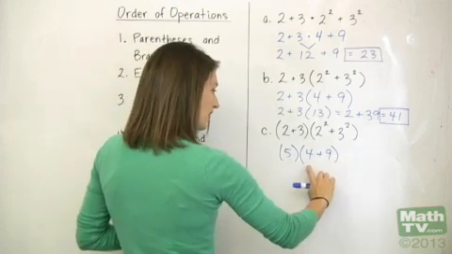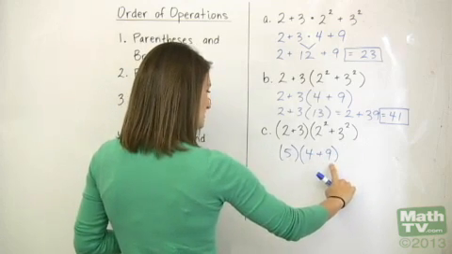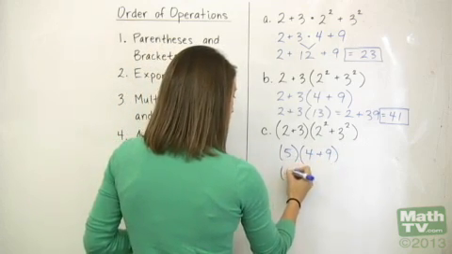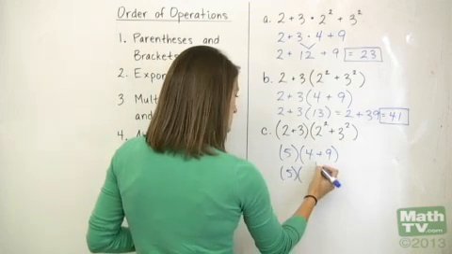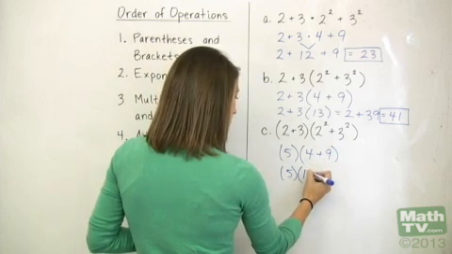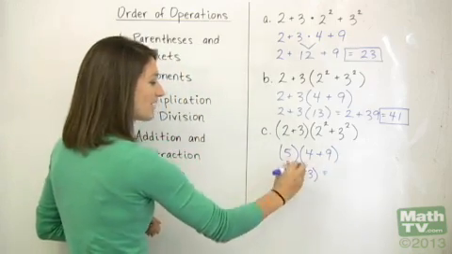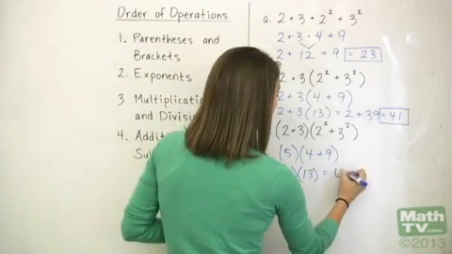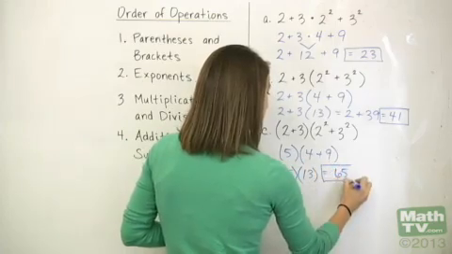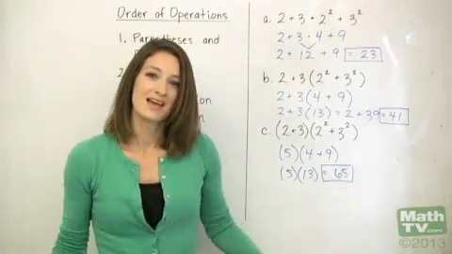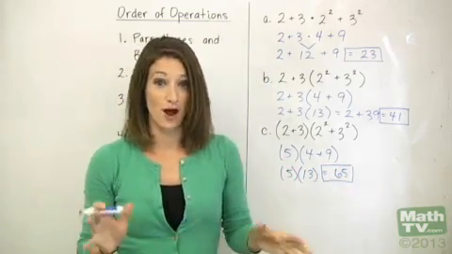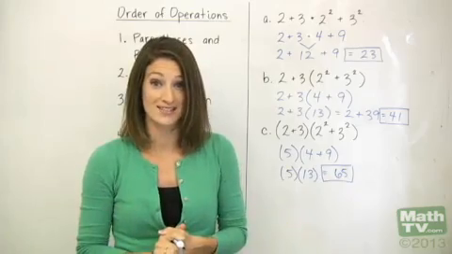And now we can simplify within this set of parentheses here. So we have 5 times 4 plus 9 is 13. And now we can do our multiplication. So 5 times 13 is 65. So there you go. Now we'll move on and we'll talk about some properties that will help you simplify some